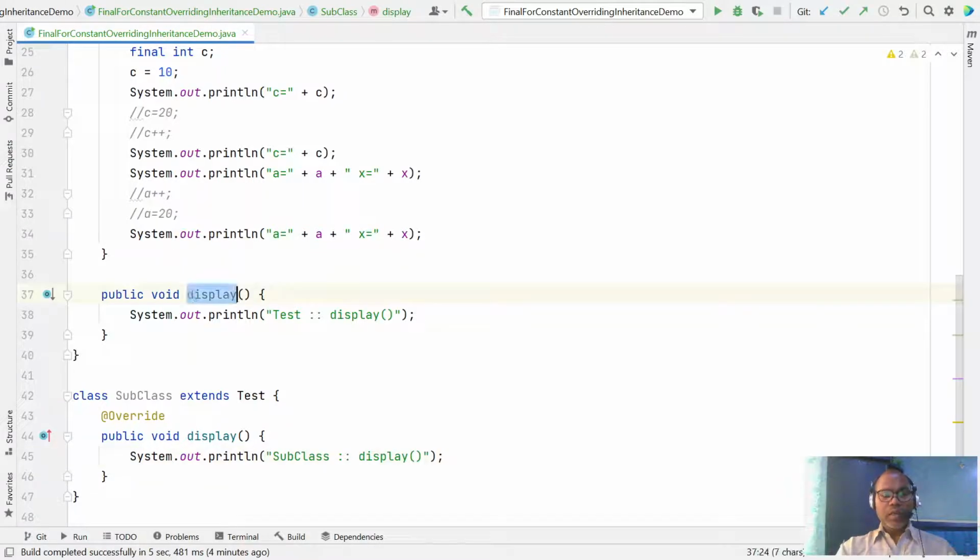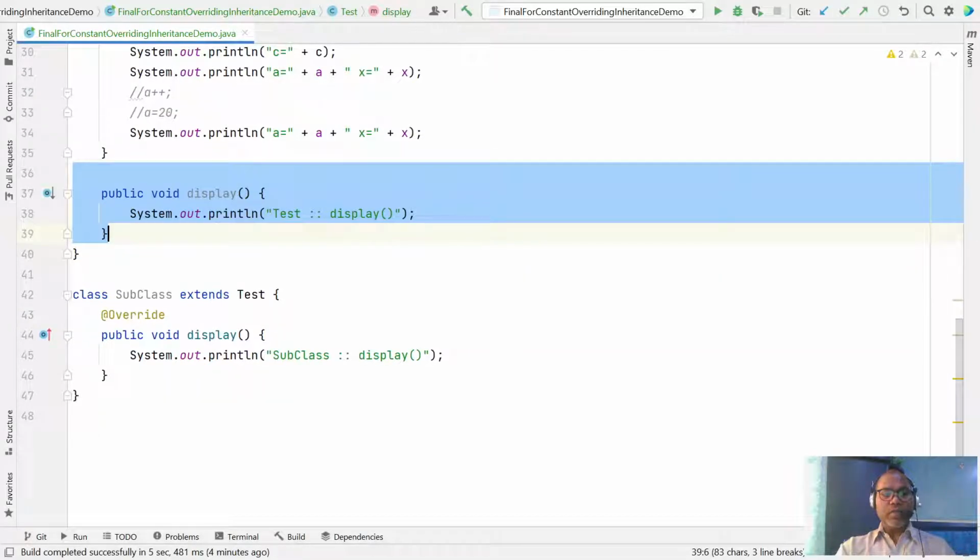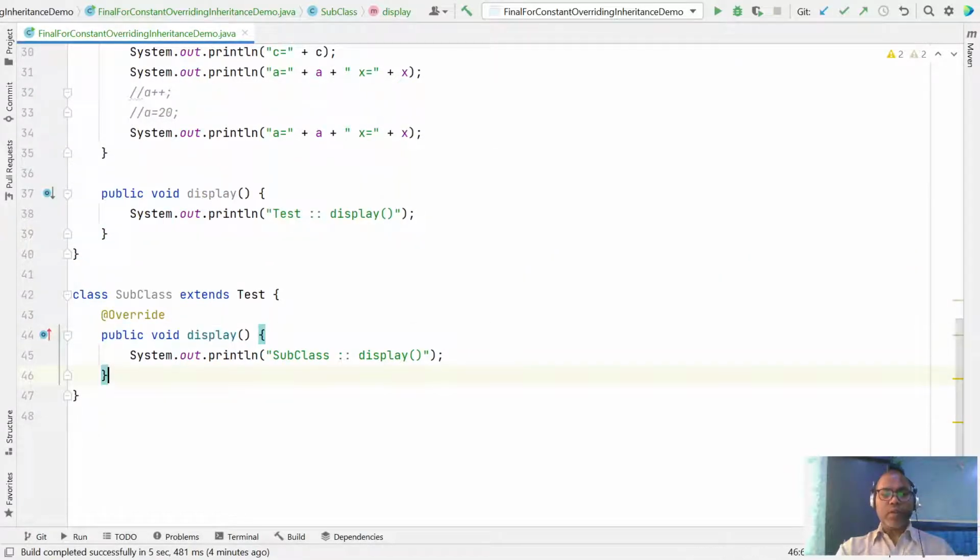Generally, any method declared in your superclass, you can again redefine with the same signature in the subclass. This is method overriding. Sometimes I want this display method to not be overridden, so that no one can override the definition.